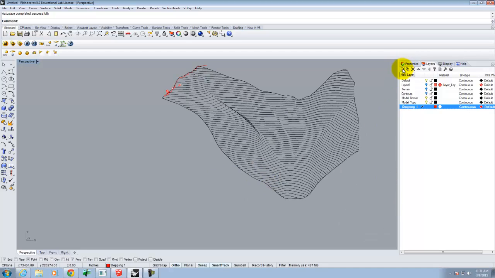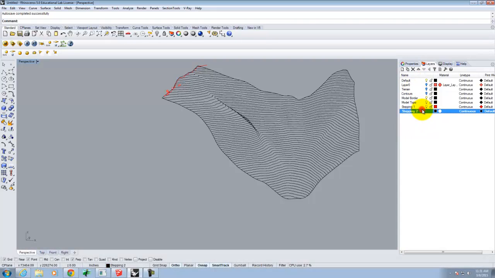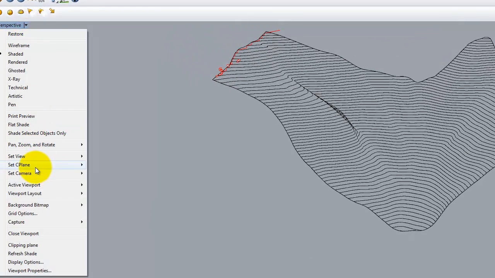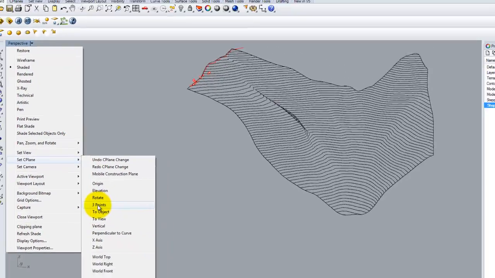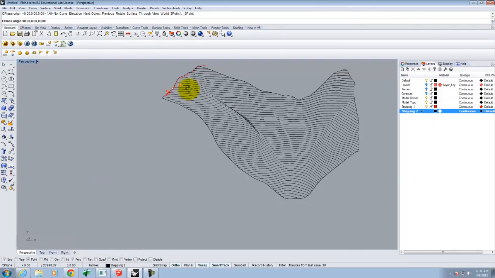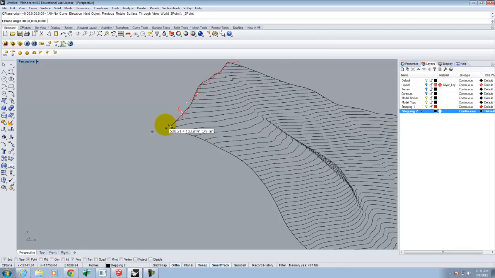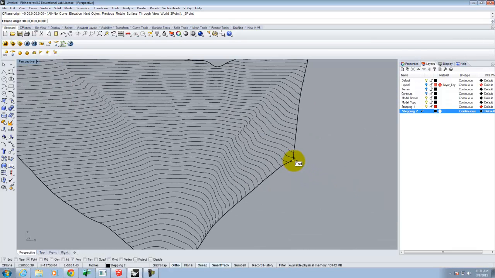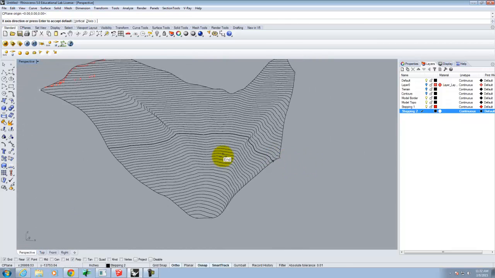So we'll do a new layer for stepping 2, right? I'll make that active, and I'm going to change my C-plane by going to this little triangle, and I'm going to go to Set C-plane, and World Top is always the default, right? So you can always jump back to World Top. I'm going to do it with 3 points, and it doesn't really matter which 3 points I pick, but I generally like one of the corners as an easy way of setting it up. So I'm going to go ahead and click on that corner,